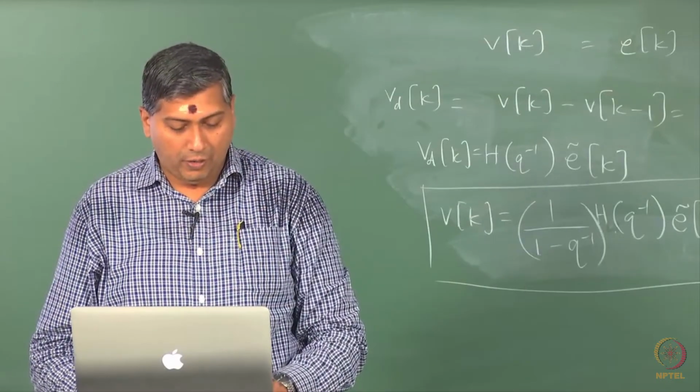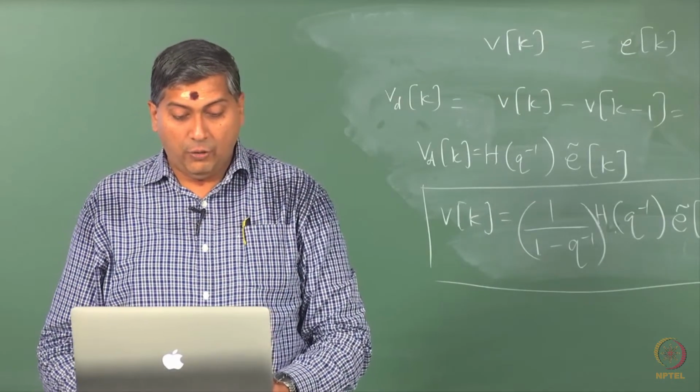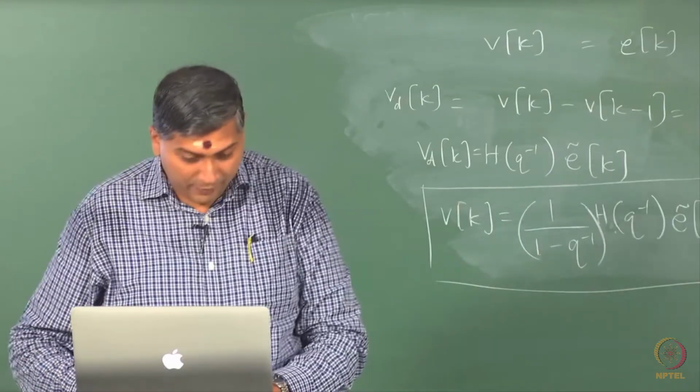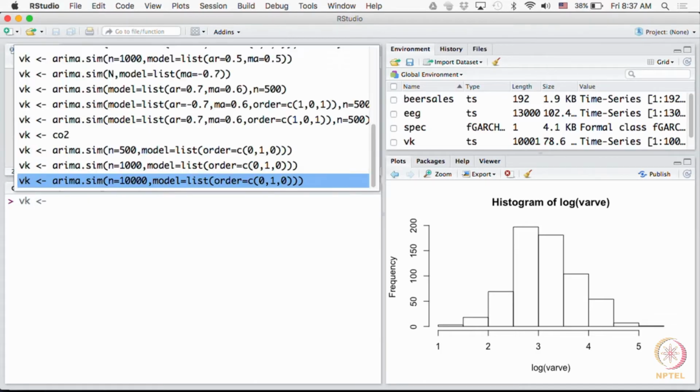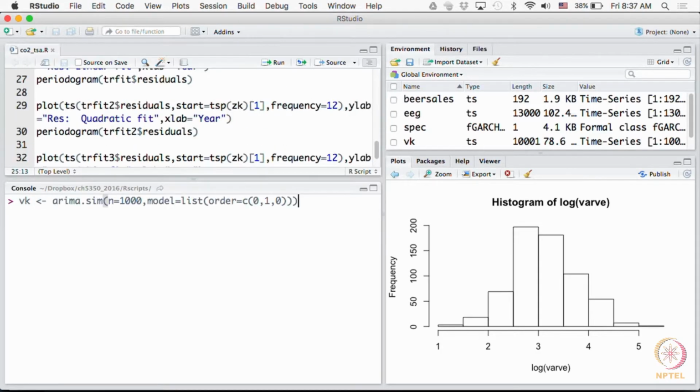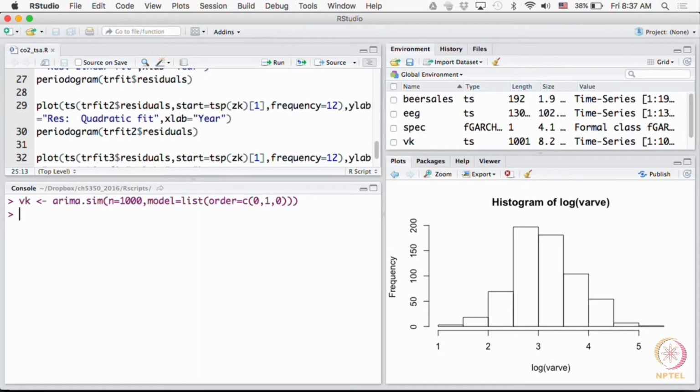For example, let us go and look at what happens here. So, let us say I have here an ARIMA process. So, I am simulating an AR1. Let us look at the sample variance, I am not looking at the theoretical variance. So, this is the sample variance, right, very high. In fact, if you also look at the periodogram of Vk,